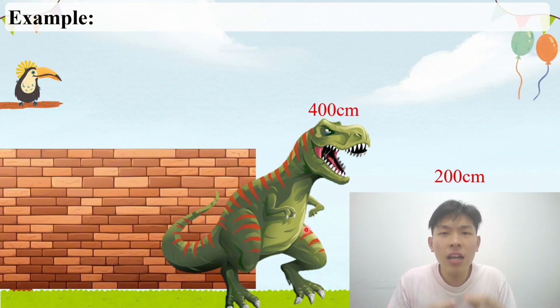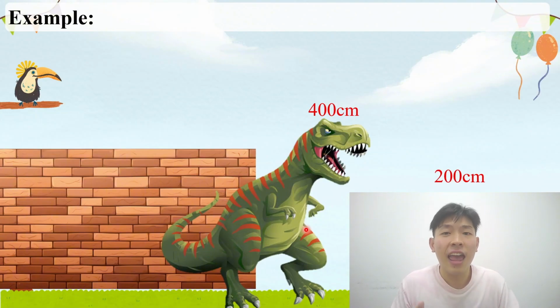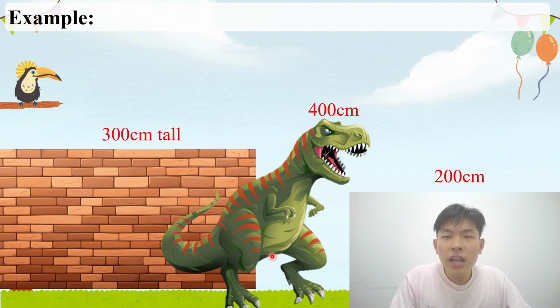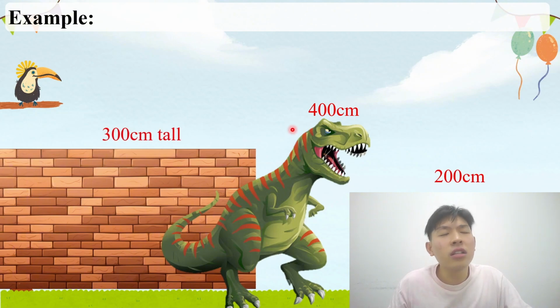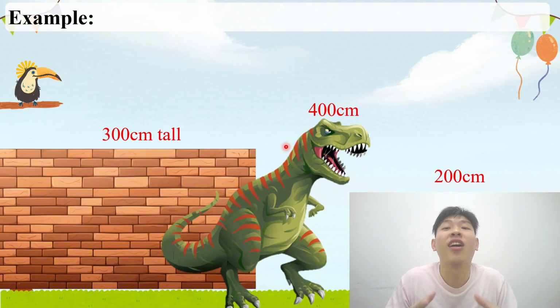But then if the question is, how much bigger is Mr. Wall than Mr. Dinosaur and me? Do we know? Yeah, it's very hard for us to find. We only know the height here, but when we talk about how big something is, we can't really find it. Even if we know that Mr. Wall is 300 centimeters tall, I still don't know how big Mr. Wall is. So in order to properly have a number of how big something is, we introduce the concept of